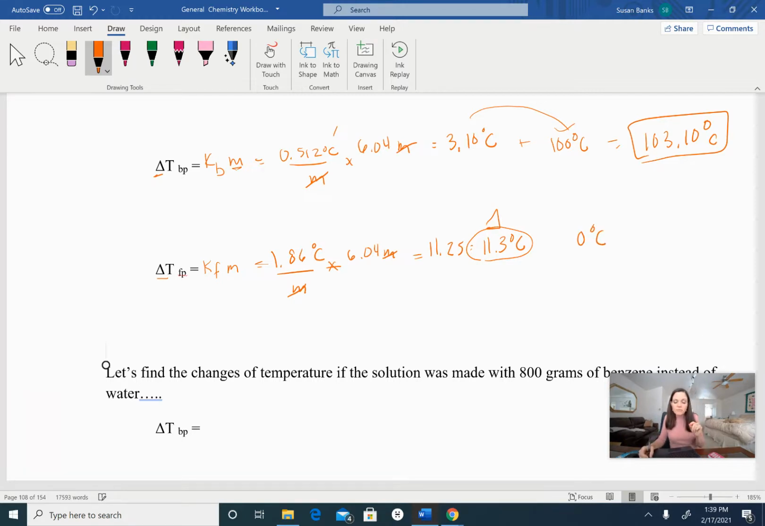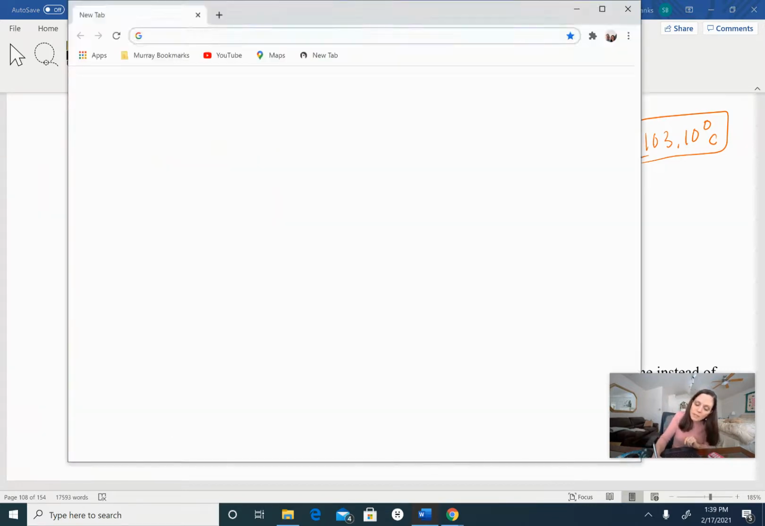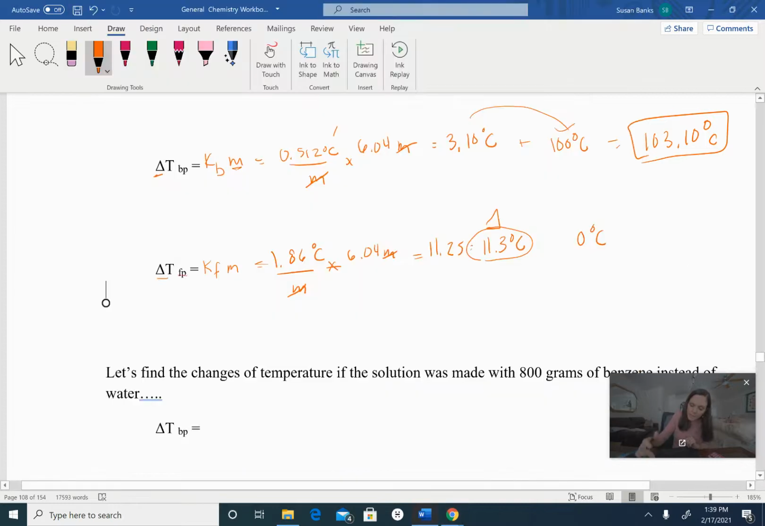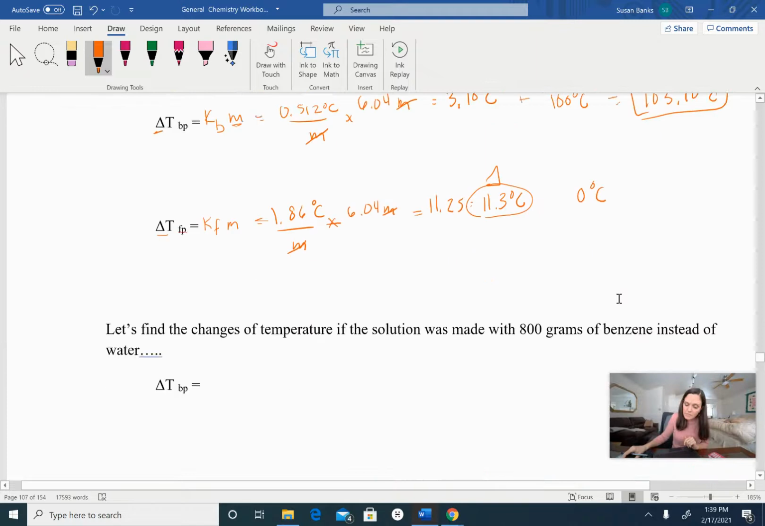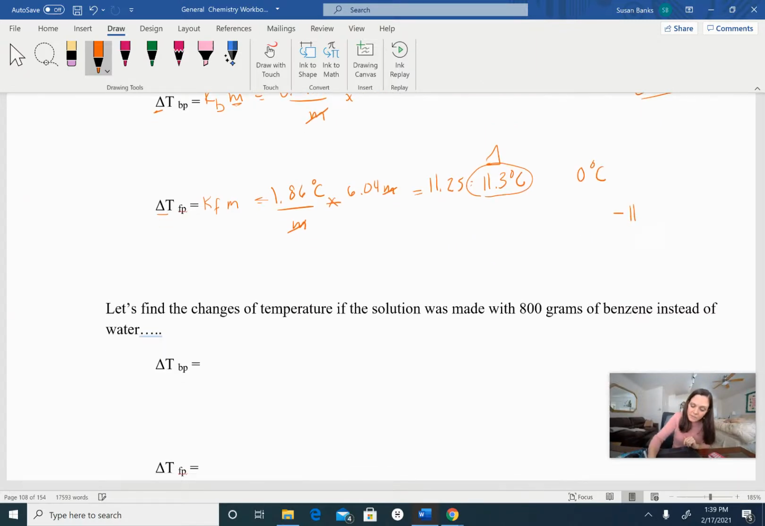But remember, it's freezing point depression. So we're going to have to subtract this from 0 degrees. So 0 minus 11.3 is negative 11.3. So our new freezing point, we would expect it to be negative 11.3 degrees Celsius. Okay? Now let's take this and find the changes of temperature if the solution was made with benzene instead of